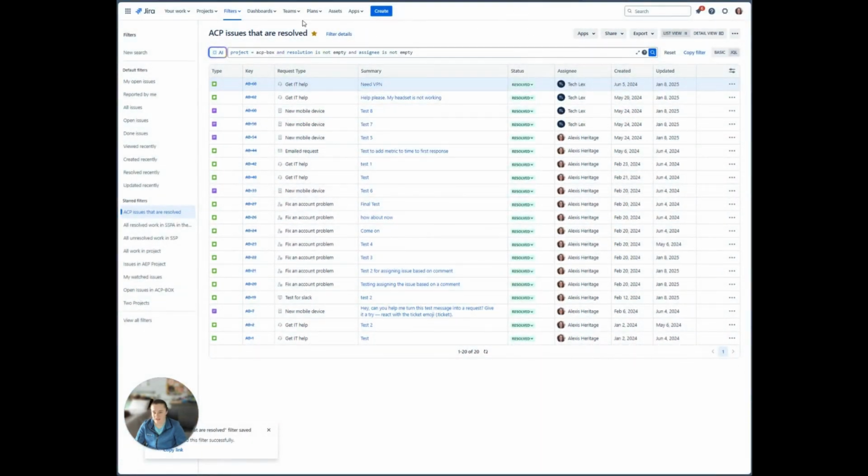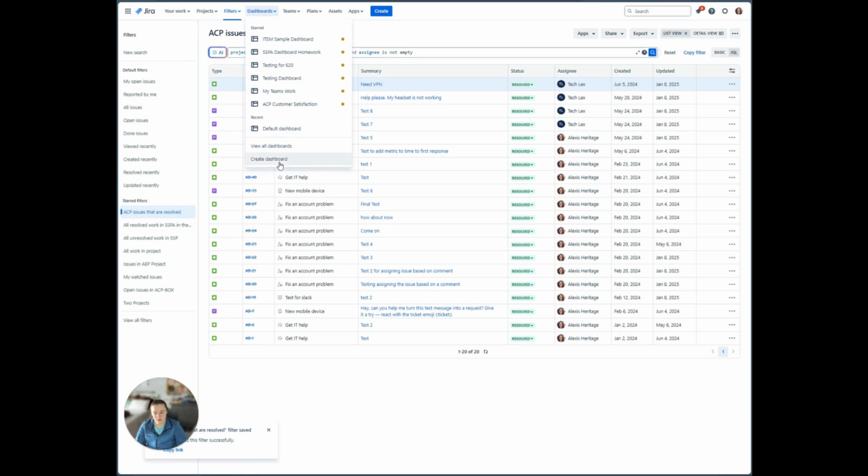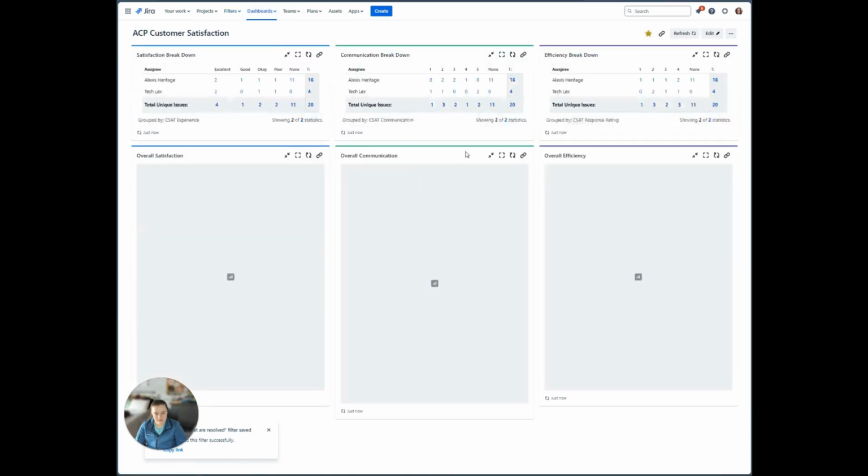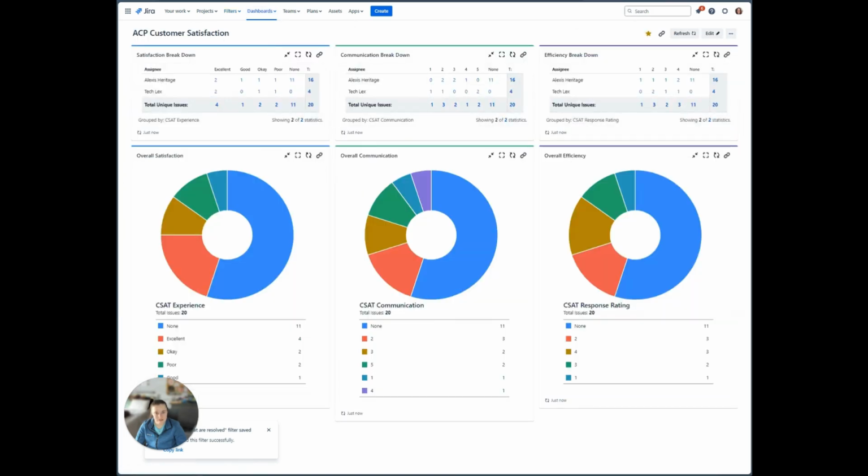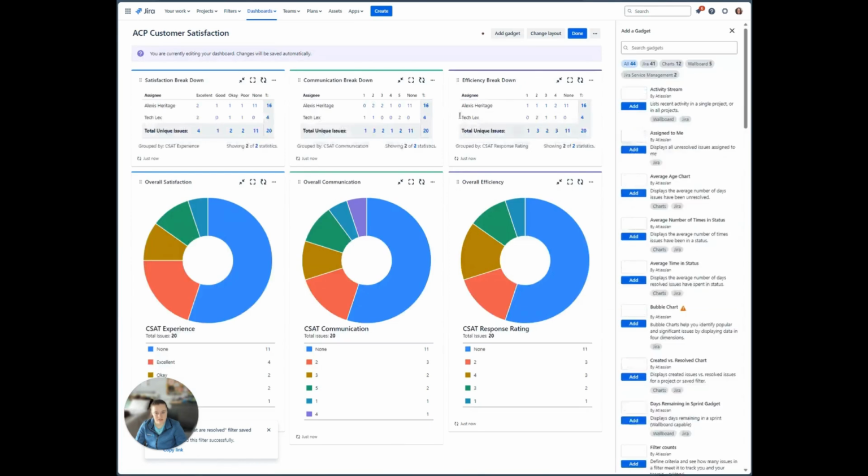Now, we're almost there. Let's go ahead and configure the dashboard and the gadgets. So you'll click create dashboard. I'm just going to click on it since I've already created it. You're going to be left with a blank template, but once you see here, we're going to do the following. We're going to add